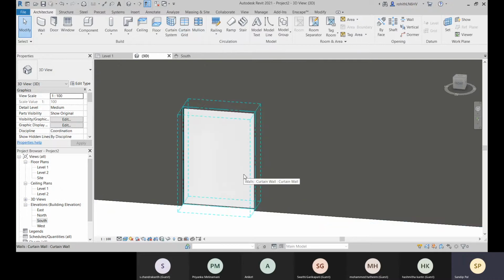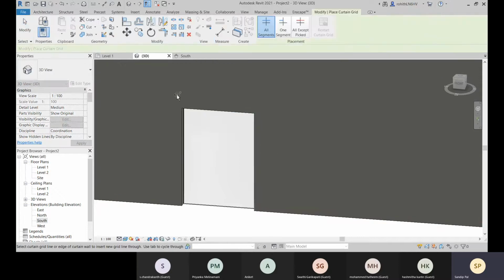So we will place curtain grid because our single panel is too big, or the length is too much, so that it is not possible to hold that one single glass panel with that long length. So that's why we will divide that into smaller panels, and to hold those small panels we will place support that is called mullions. So for that we will go with this grid.